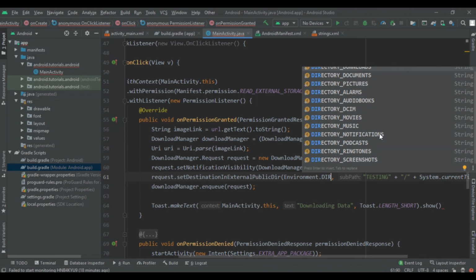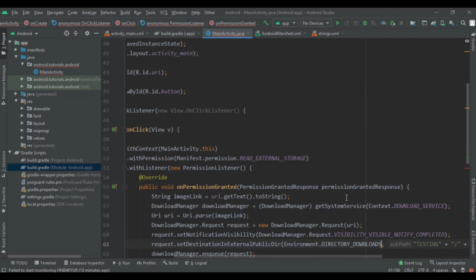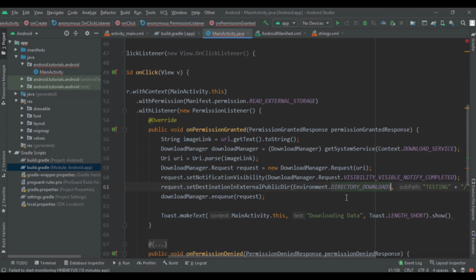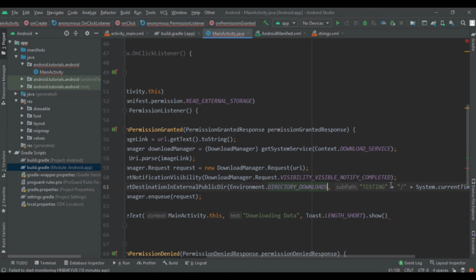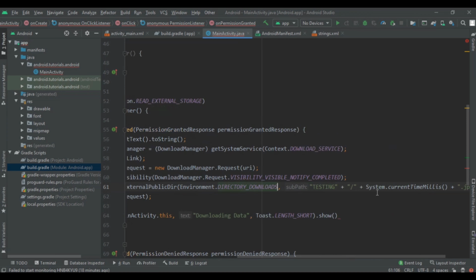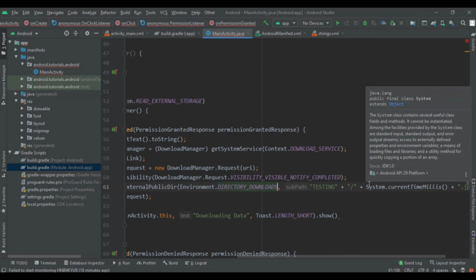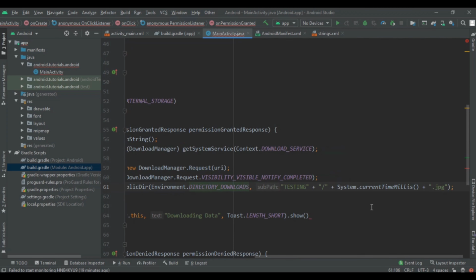Here I am going to use downloads only, and in that I created one folder named testing, then I made the separator, and then gave System dot current time in milliseconds, which means we will get the system's current time in milliseconds, and that will be the unique name for our file, and then give its extension, that is .jpg file.